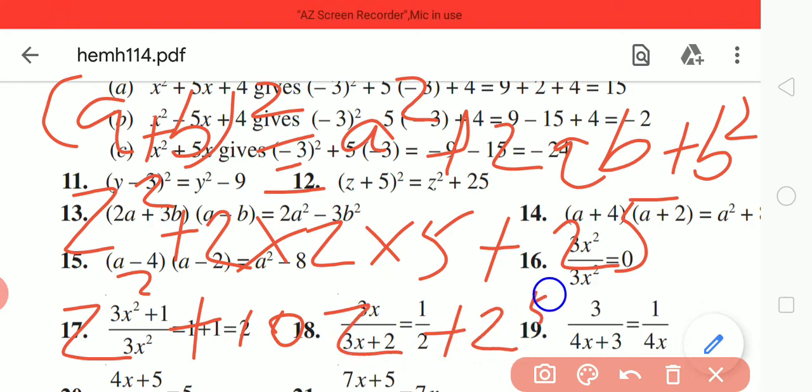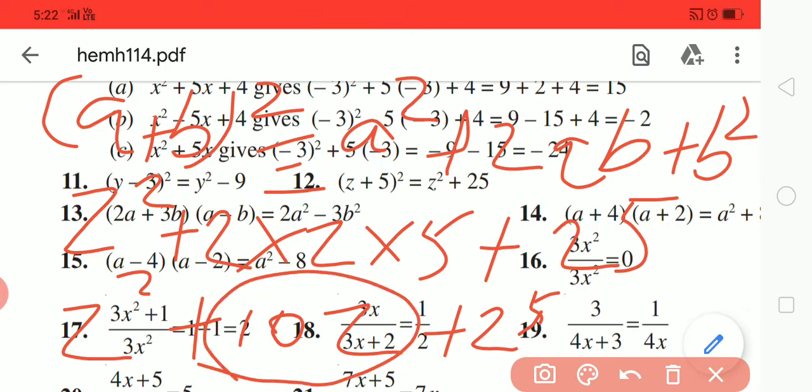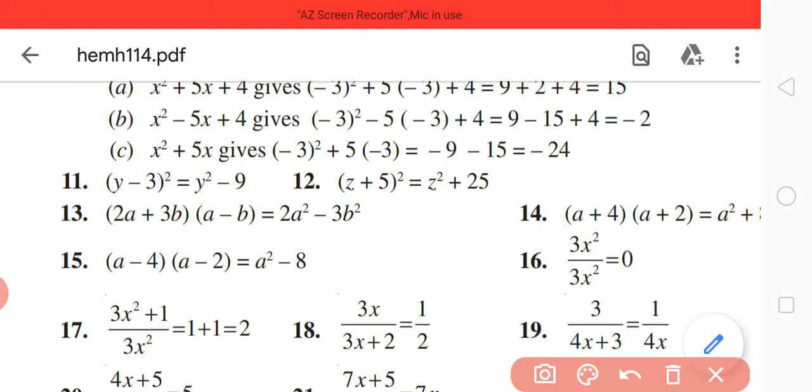25, right? So you can see from here, in the right hand side of the 12th question we have been given z square plus 25, so what is missing here is 10z. So this is the correct form that we have to do. We have to write the correct form, right? So there is no correction, but there is a missing term, that is plus 10z, right? So let us come to question number 13.